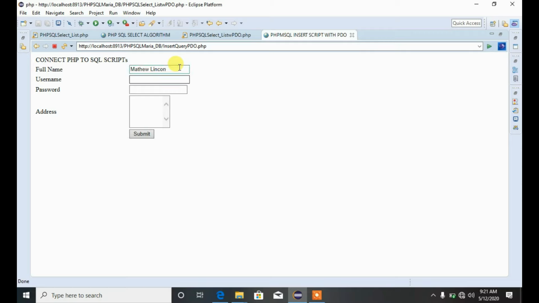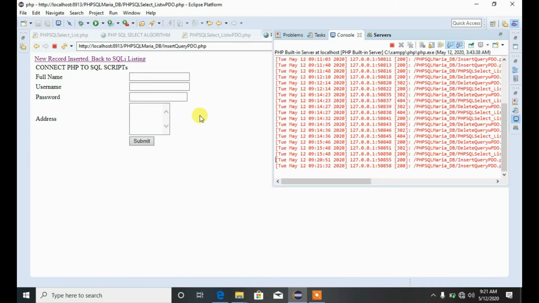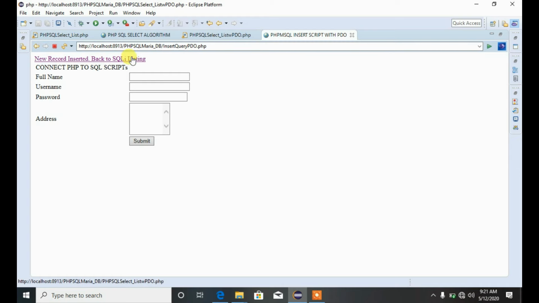Then the username, you could just call this MT 2020, and then the password you could just give a random one, and then the address is just random. You could just give it London Avenue, UK. Then you submit. Now the moment you submit, a new record is inserted, and we can actually return back to